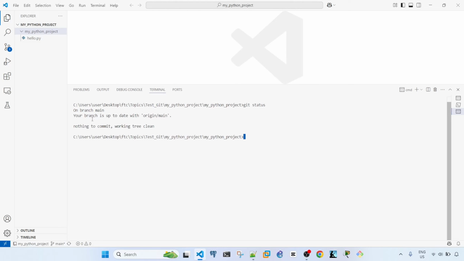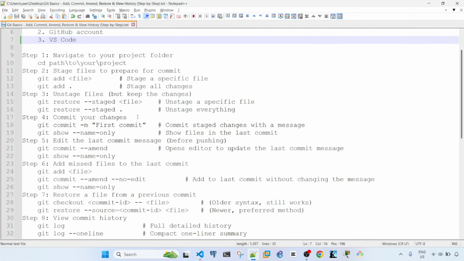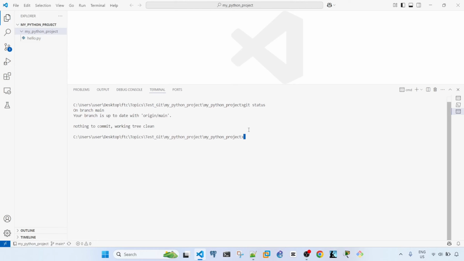Your branch is up to date with the remote branch. Okay, so it looks like hello.py has been added and committed because nothing is pending to be added to the staged snapshot, right? So actually what I'm going to do is, let me try to do this. git add